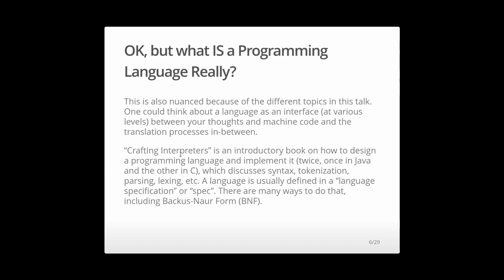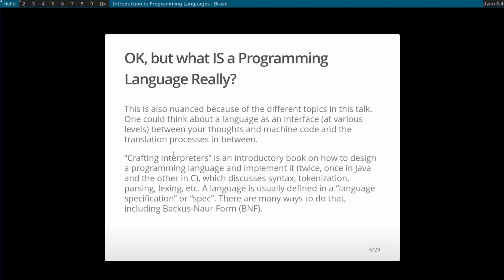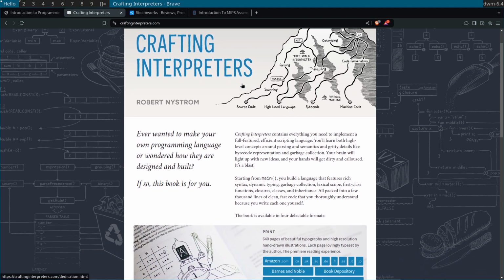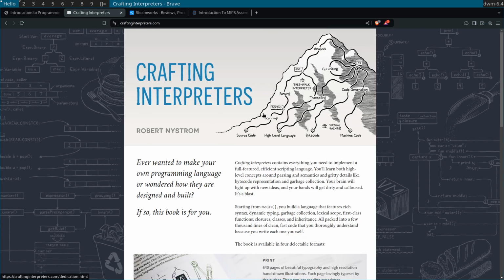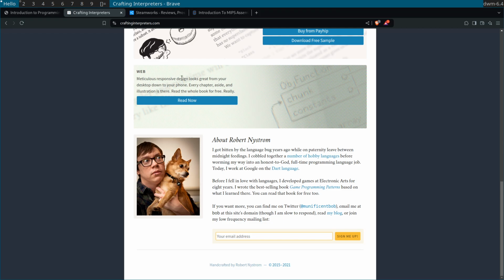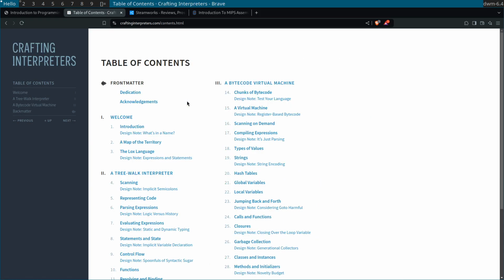Crafting Interpreters is an intro book that is free online, which I have right here, and it's just craftinginterpreters.com. And if you scroll, you could see what they're talking about. So source code scanning, tokens, parsing, abstract syntax trees, optimization, all of that stuff. All of that goes into making a programming language. But if you go down to the web part, you could hit read now and see all of this stuff.